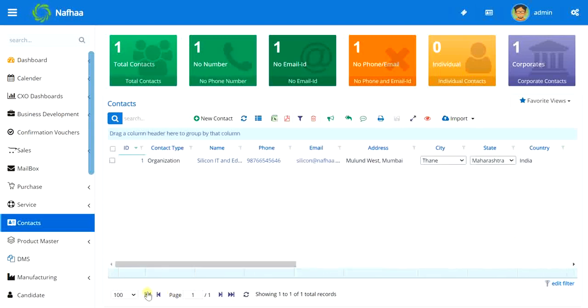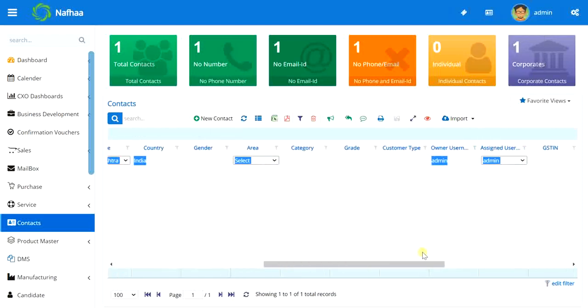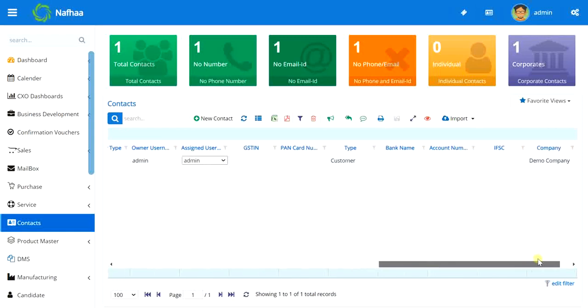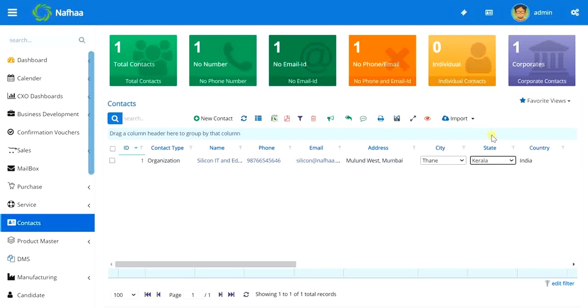So here you can see there are some fields which can be edited, like from a drop down you can even change the data. For example, we'll set the state as Kerala. Okay, so this save button gets highlighted, just click on save.